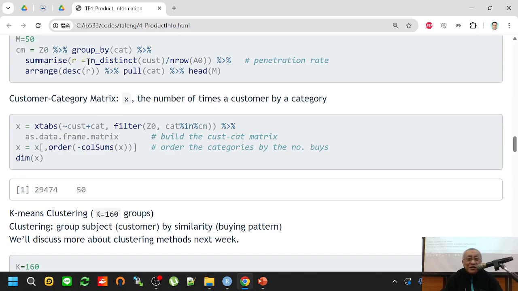See this N distinct customer? It means that I group by category and summarize by the number of customers who buy the category, right? And I pick up the